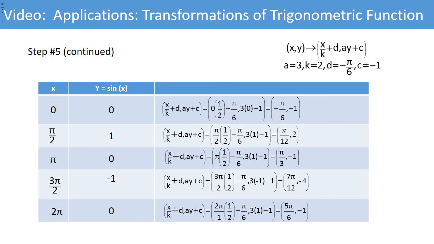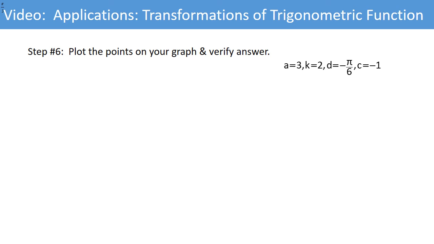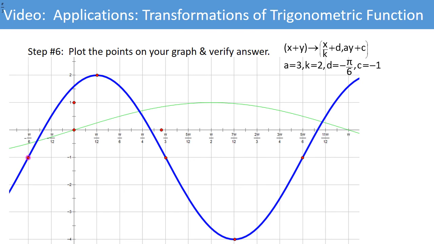Now, let's see if we're right. Plot your points on your graph and verify your answer. So I've drawn my graph, and let's review the points. The starting point is negative pi over 6, negative 1, correct? The maximum point, pi over 12 and 2, correct? Pi over 3, negative 1, correct? 7 pi over 12, negative 4, correct? 5 pi over 6, negative 1, correct? And just to verify,